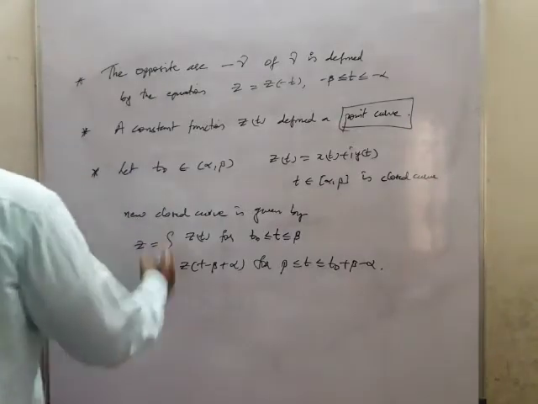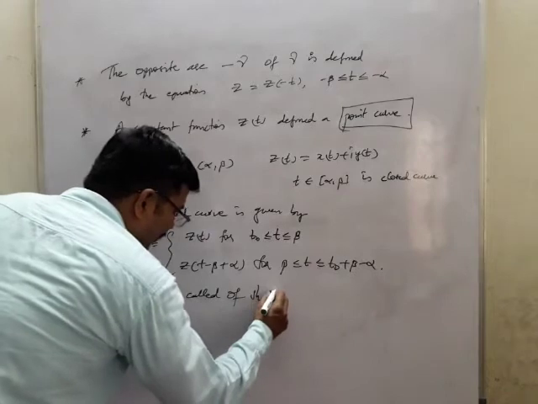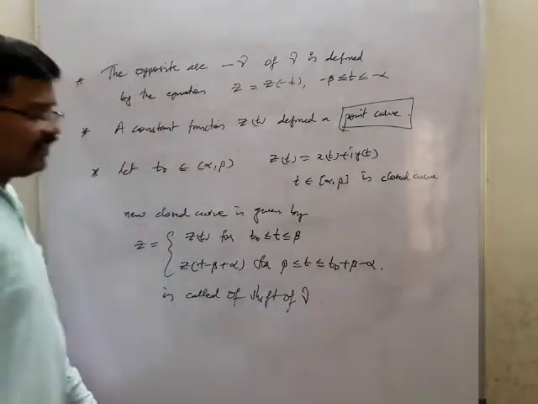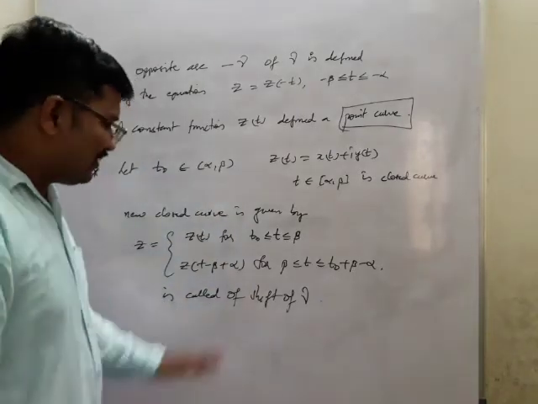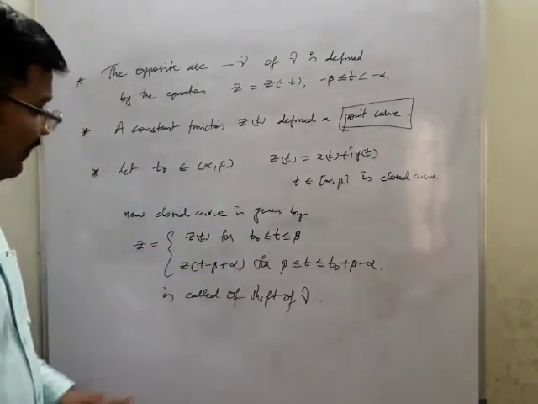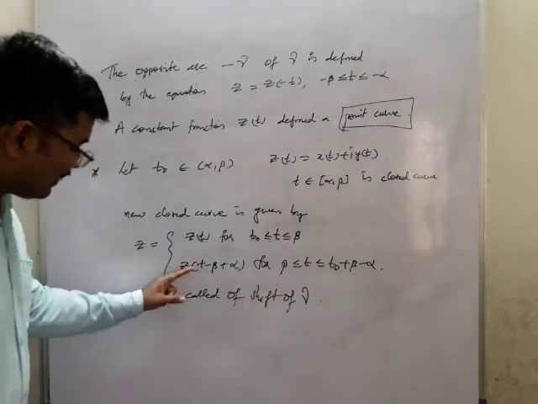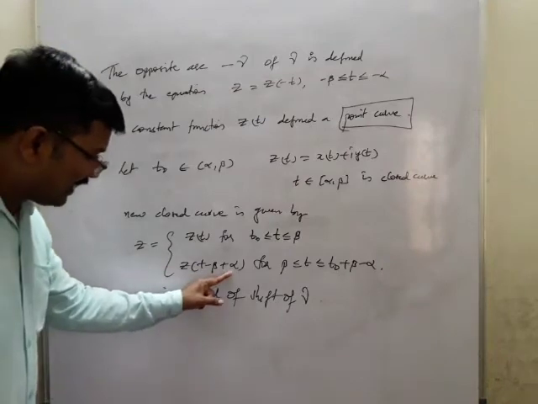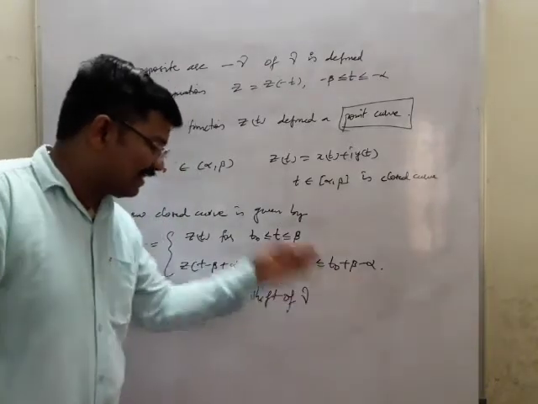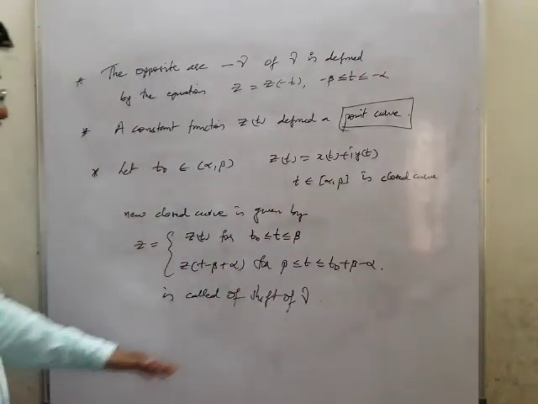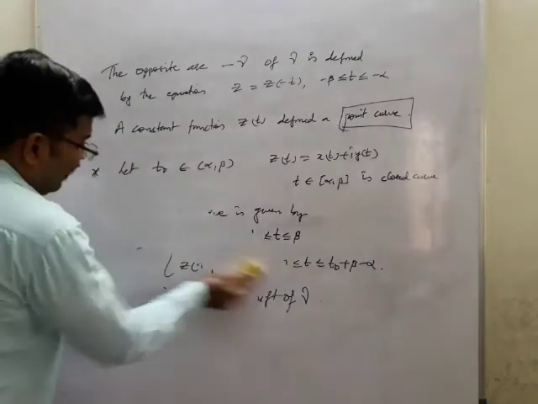If we change this, it is called a shift of gamma. If we want to have this, we are just shifting the points towards another one, such that we may take the points in the form of z of t is equal to z of t in between t naught to beta, but z is nothing but z of t minus beta plus alpha for t greater than or equal to beta and less than t naught plus beta minus alpha. Then we can say that the entire one we call a shift of gamma. This is how we have the arc properties.